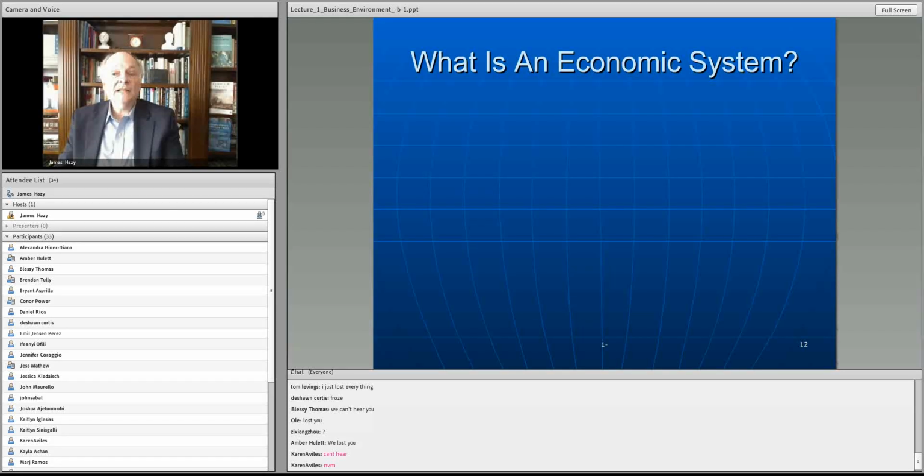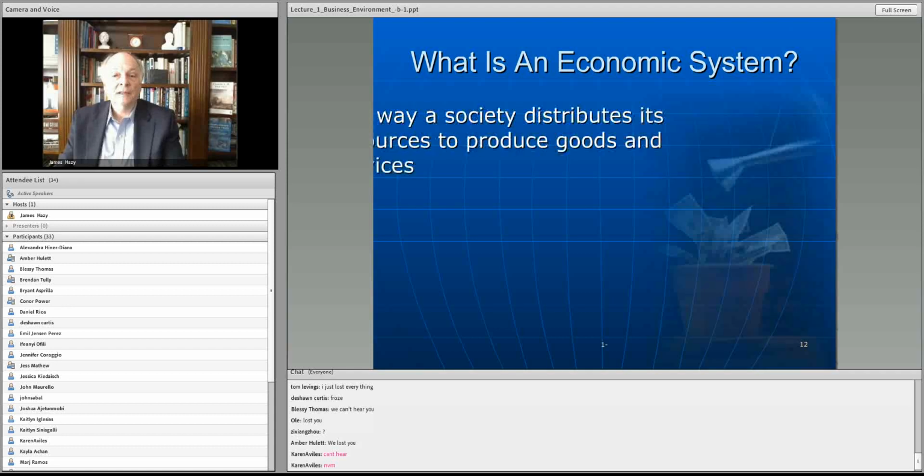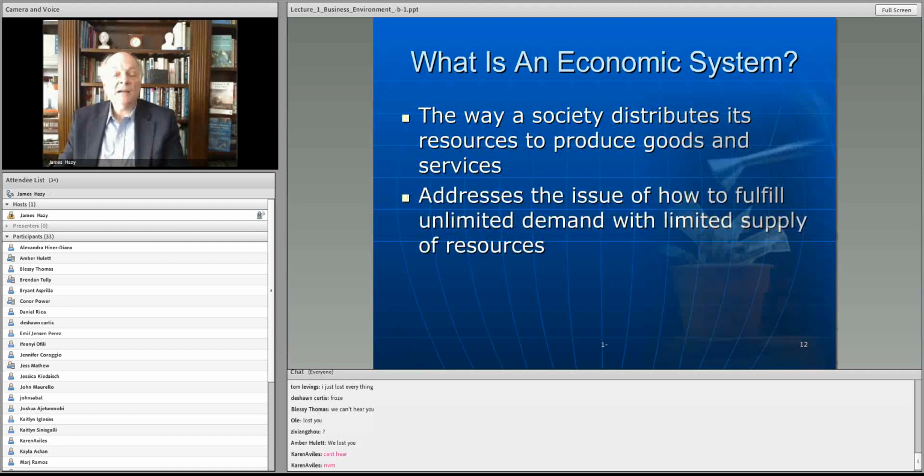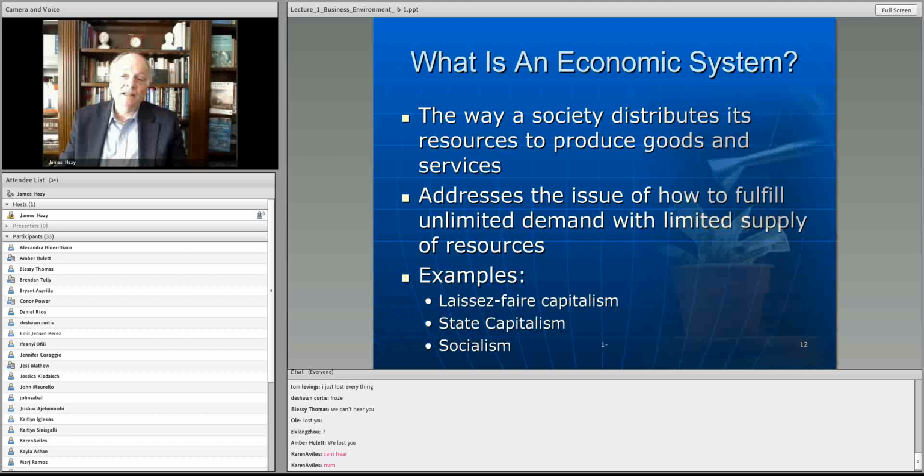What's an economic system? When you hear people talk about capitalism or socialism or communism, you ask, what kind of economic system does that country have, does the U.S. have, or a particular politician? What kind of economic system is Barack Obama proposing or operating under versus some other Republican, Mitch McConnell or someone like that? What do we mean when we say an economic system?